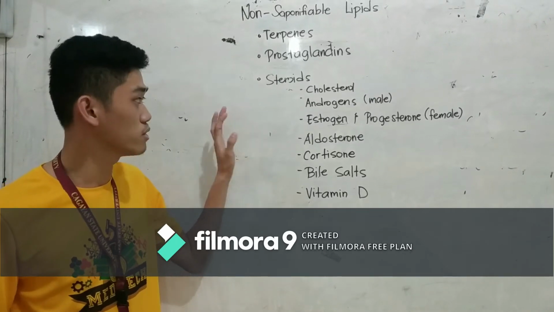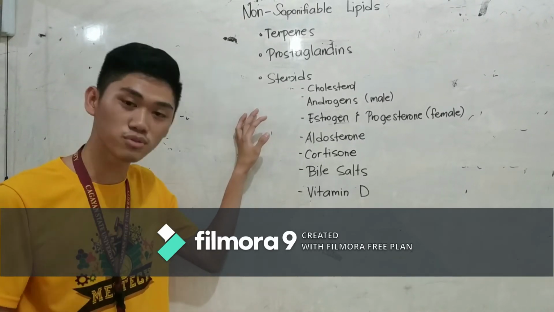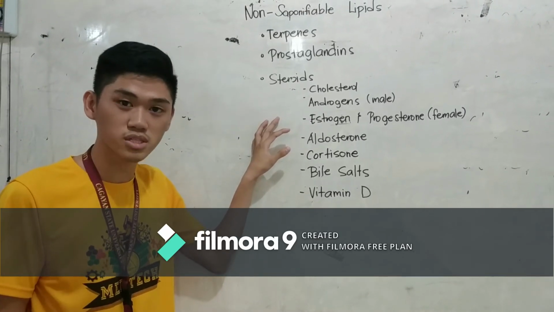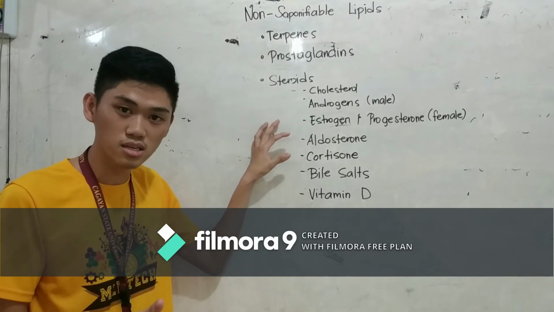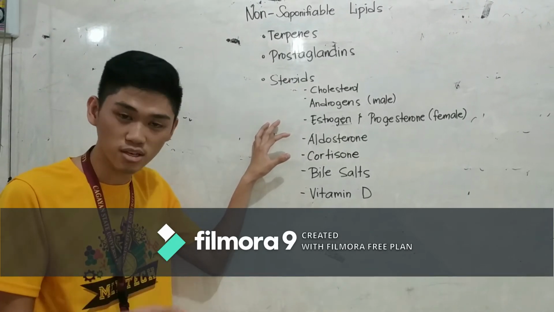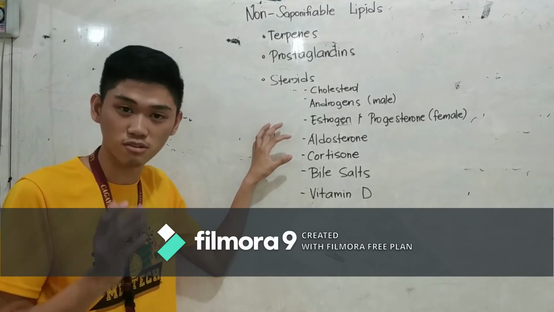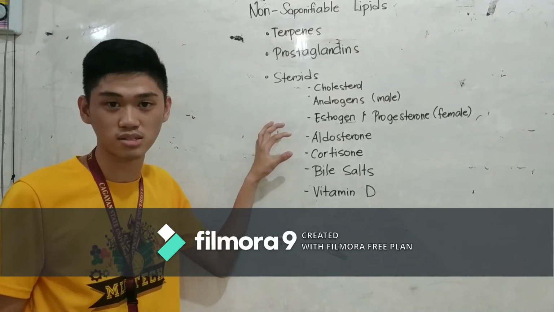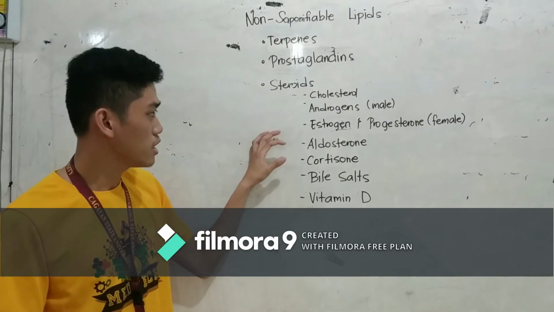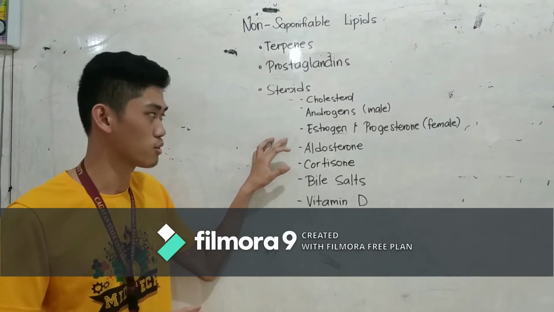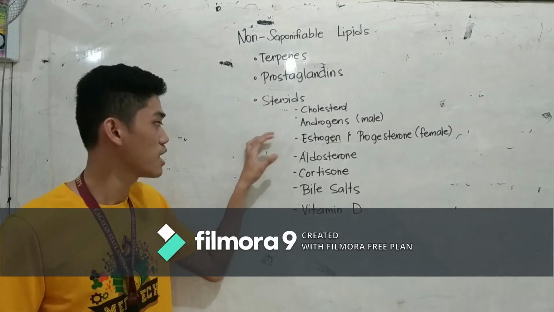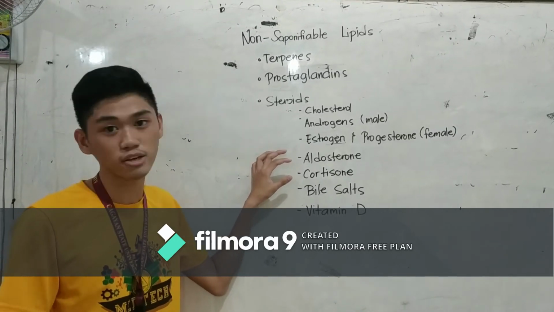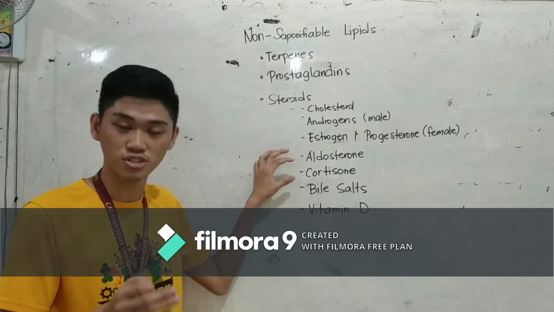First, we have cholesterol. Cholesterol is the most fundamental and famous steroid. Second, androgens. They are involved in male fertility. They regulate the development of the male reproductive system and are involved in the secondary sexual characteristics it brings. The same is true of estrogen and progesterone. If androgens are for males, estrogen and progesterone are for females, which regulate the secondary sexual characteristics